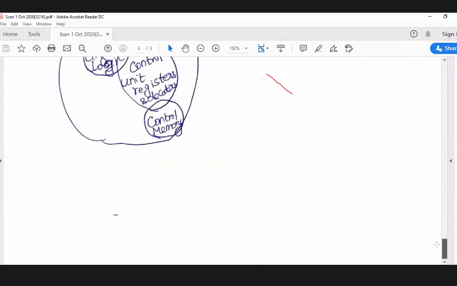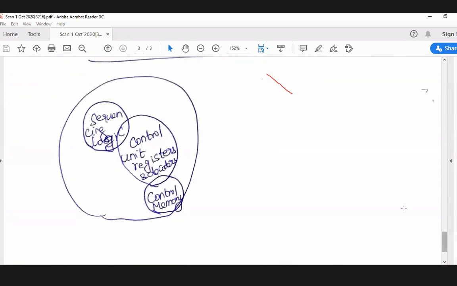What the control unit is doing is giving a sequencing logic, like how the instructions have to be executed, instruction 1, instruction 2, instruction 3, and what are all the control registers and how are they playing a role in the CPU. So all the things we will discuss. I'm just giving an overview of the organization of the computer. Okay, this is the first subtopic. It's like in the book, the first topic is computer organization and architecture. That is the first topic even for our syllabus also.